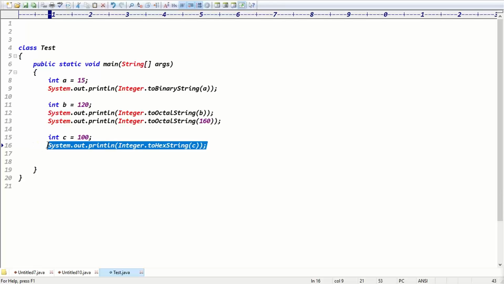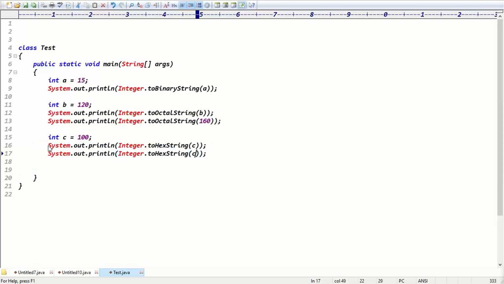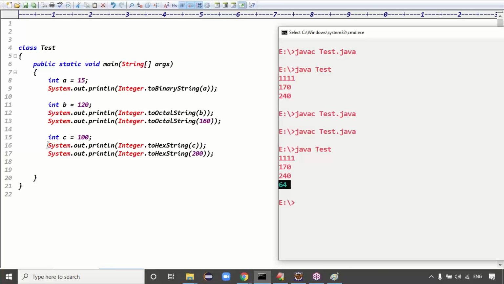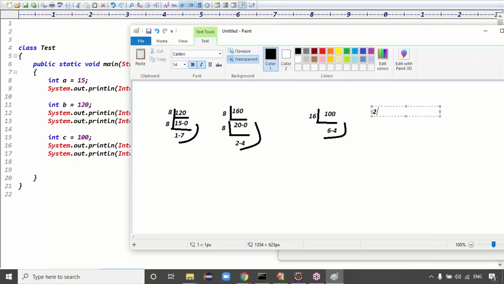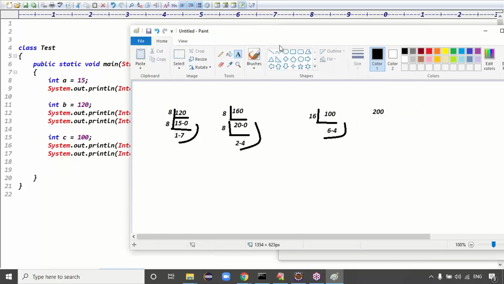Exactly. In the same way, try to check toHexString for 200 now. If you make the value 200, here you can check the 16 value.